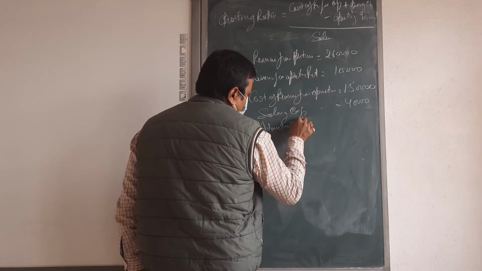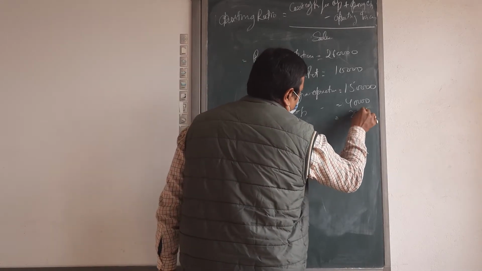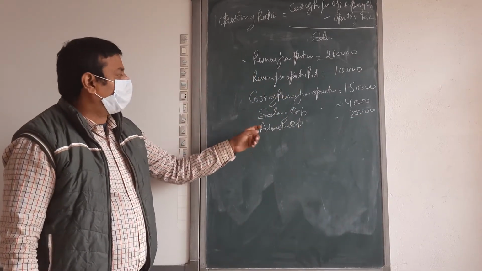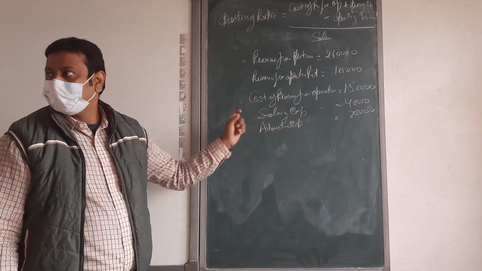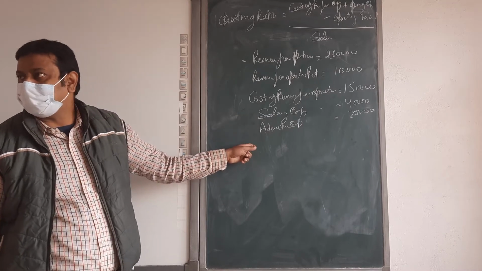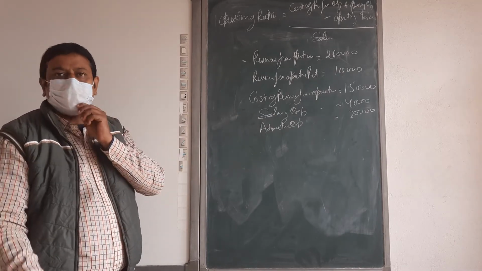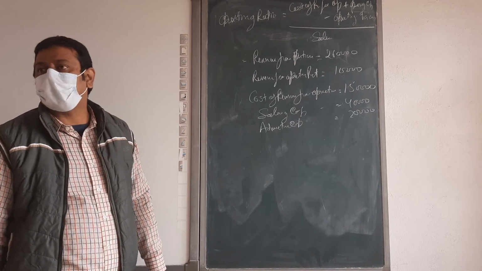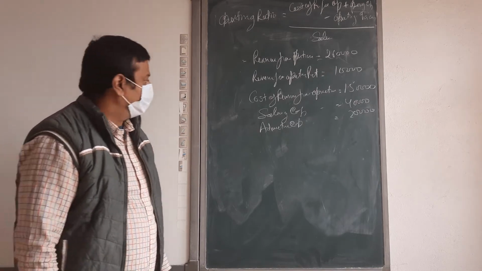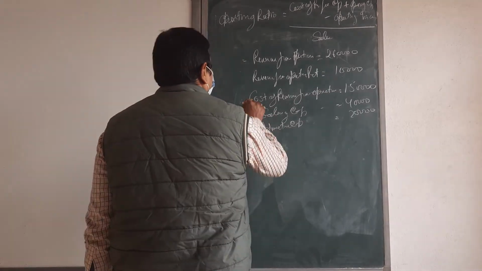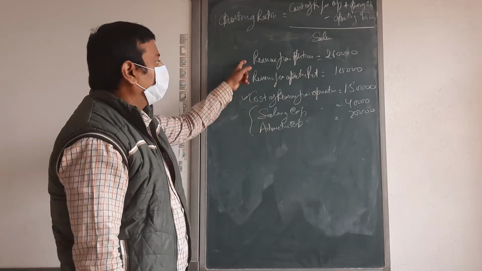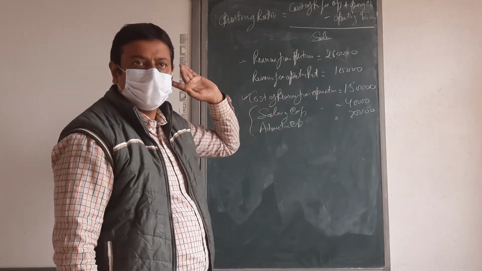Administrative expense, these are all items used in the P&L, beta. These are all operating expenses. Selling and distribution expense is an operating expense, beta. And the expense that is not directly related with the business is non-operating expense. Okay? We have two operating items: the cost of goods sold and the revenue from operation. So first we are going to calculate net revenue from operation.